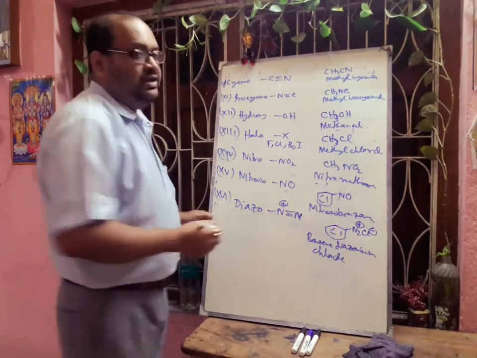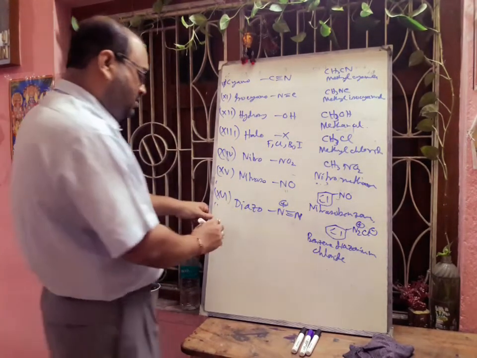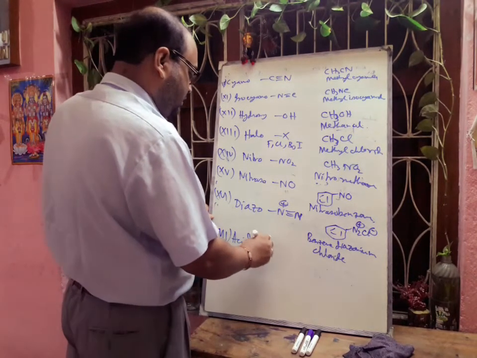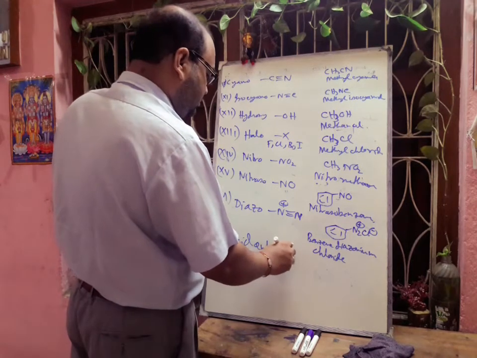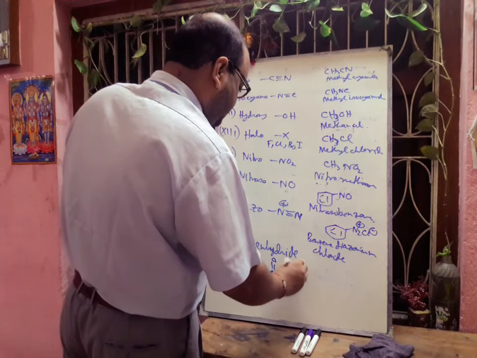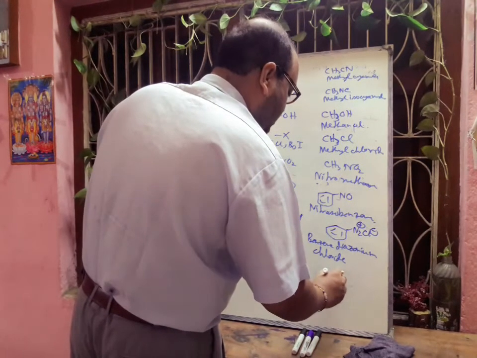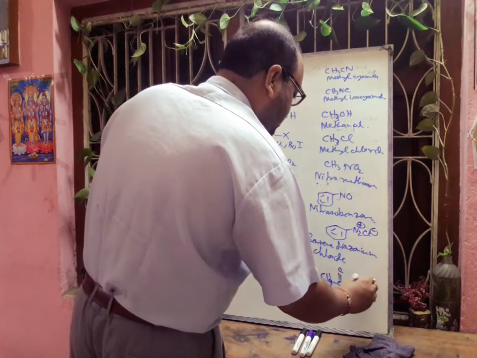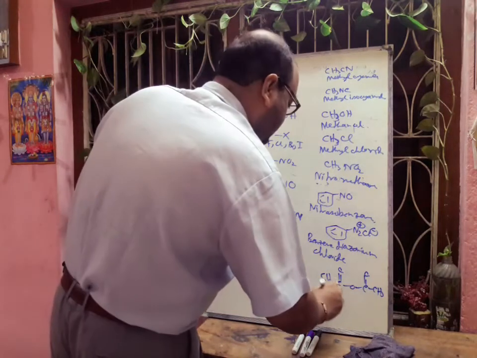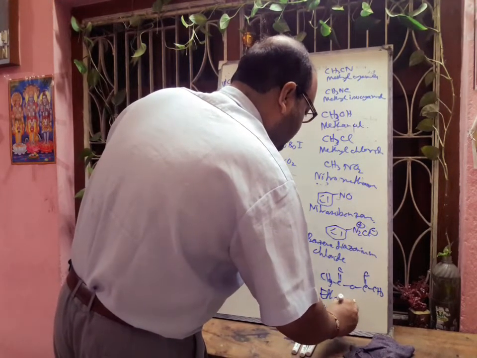After diazonium, we can think about acid anhydride. That is also very important. You have to remember acid anhydride. Its general formula will be like this. Here on both sides it will give methyl, then the compound name is ethanoic anhydride.